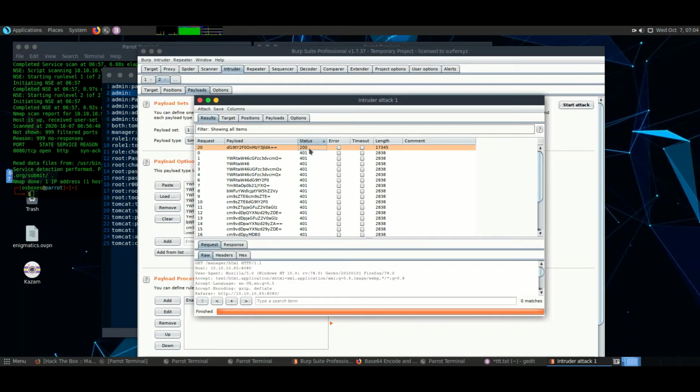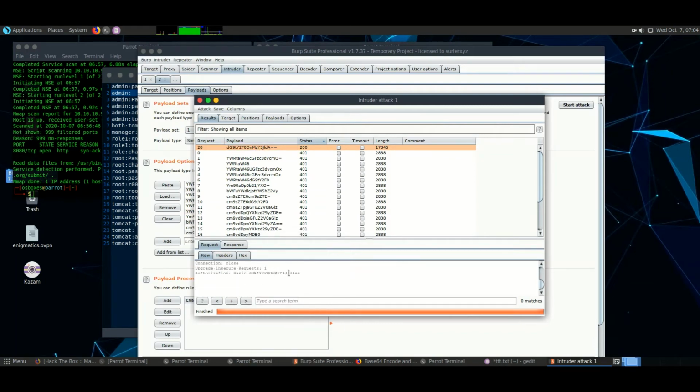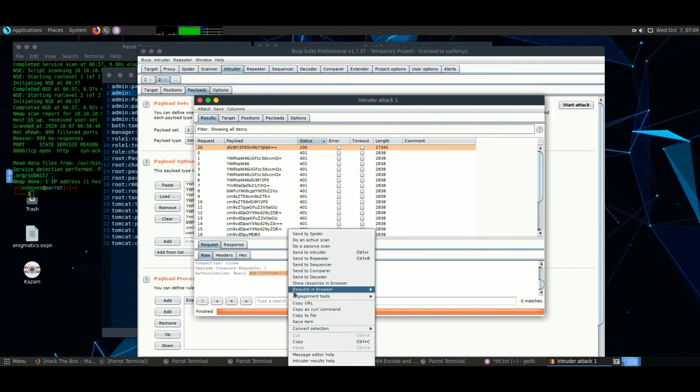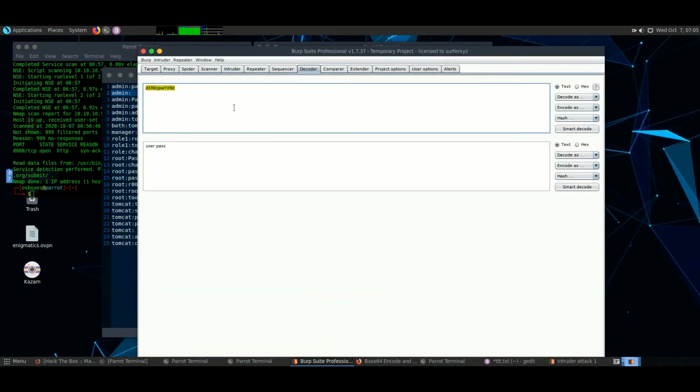So here we get the maximum length as 17345. We'll see what has been sent as a password and username here, as seen before using the decoder. Copied to decoder. Oh, okay, now fine.